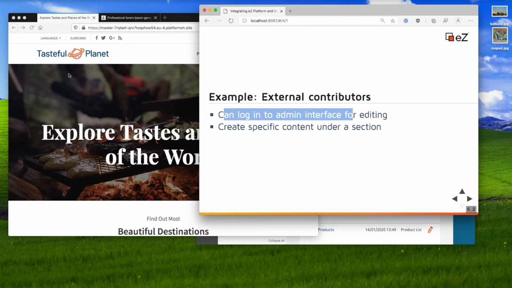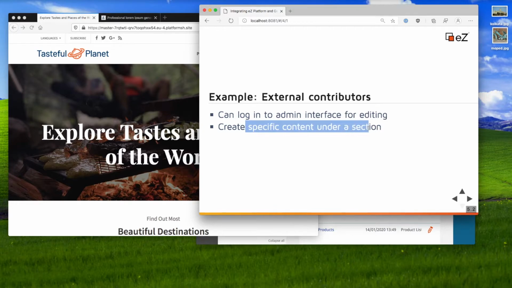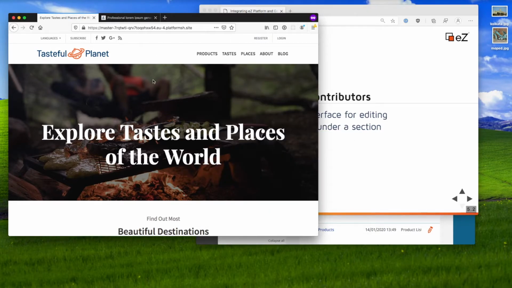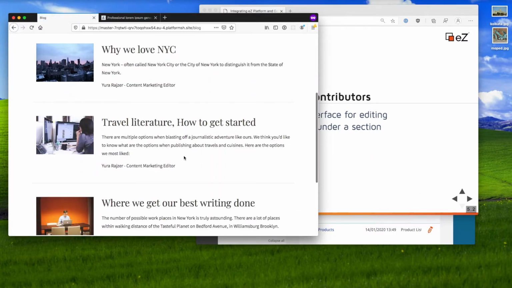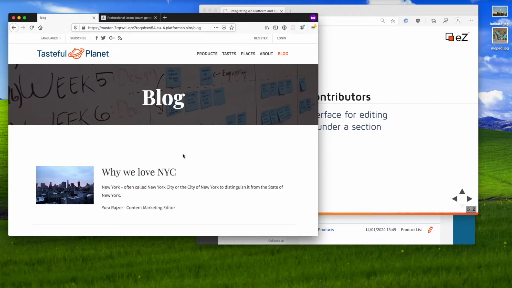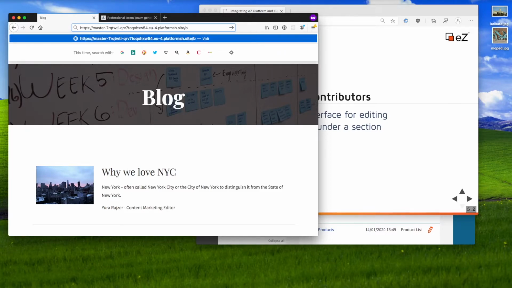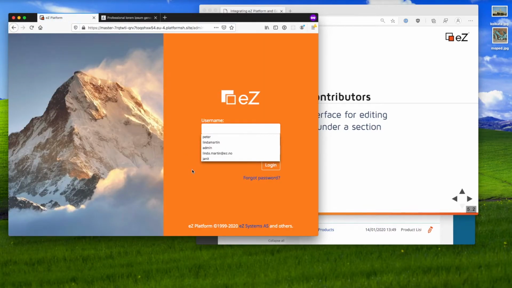So far, our guest users have all used the front end of the site, and now they should be able to create content underneath a specific section on our site. In this case, the blog, we would like them to be able to create new blog posts. So if I head over and open the admin, I will log in as a